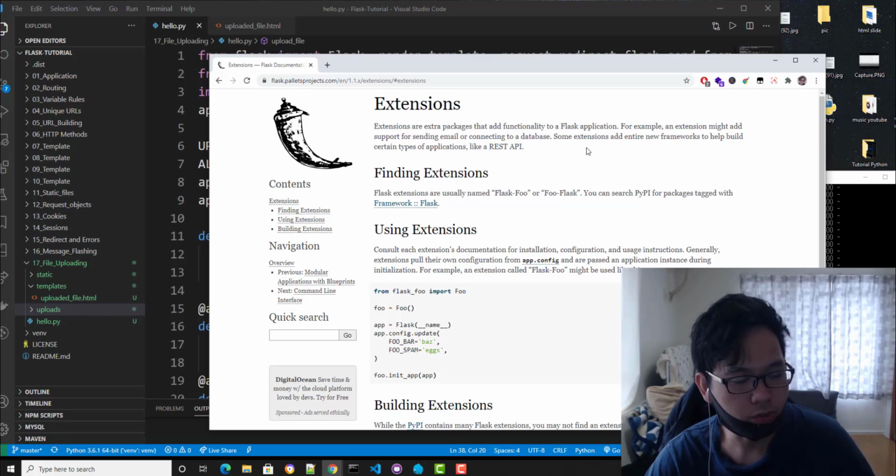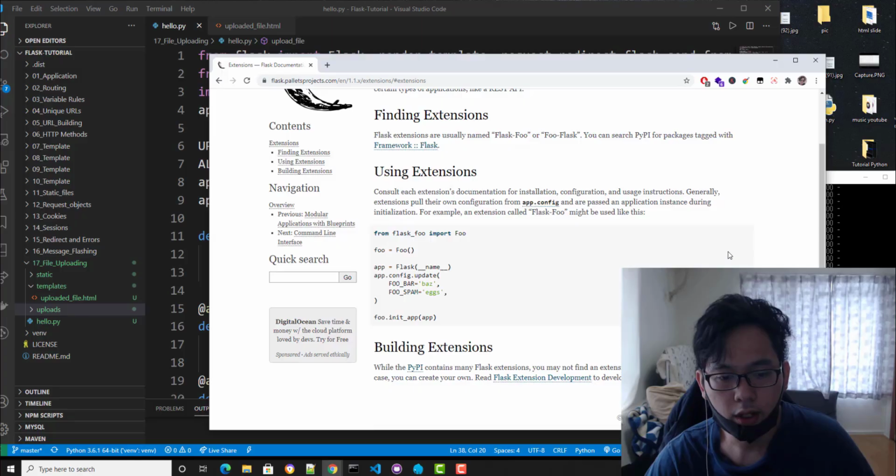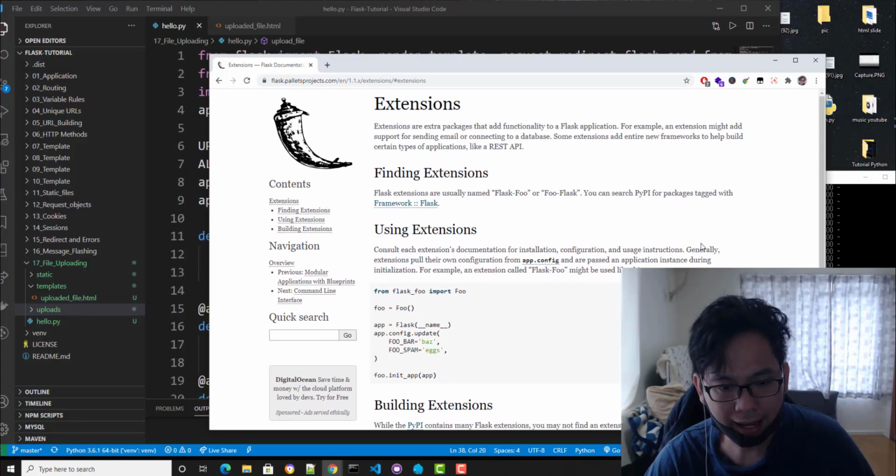That's where extensions come in on the next part of our tutorial. If we say extension for Flask, we're saying we're going to install a package in our Flask program in order to work. And that's it.